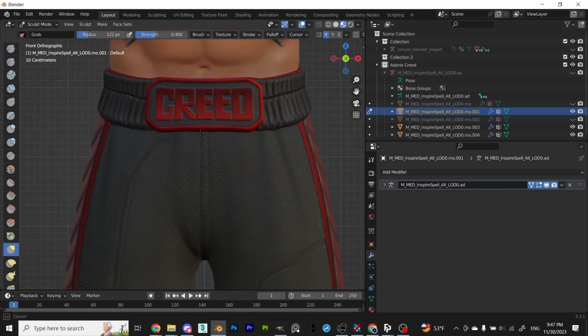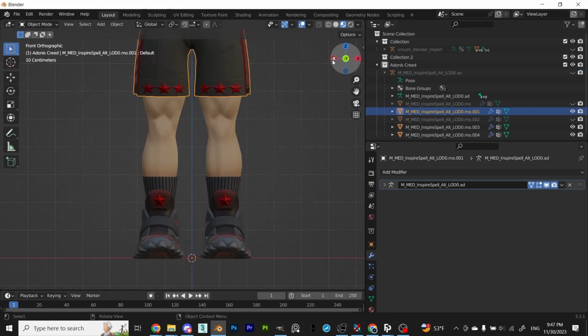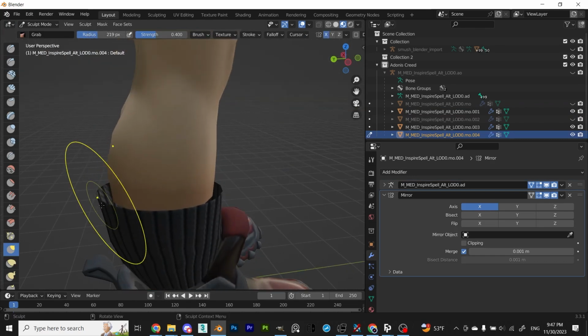I would also use sculpt mode for any minor details to make it look a little more clean.